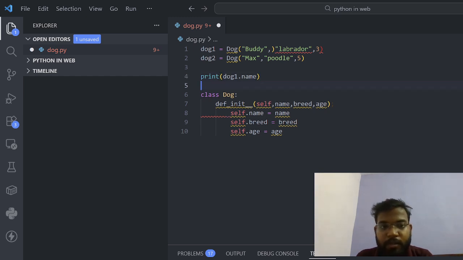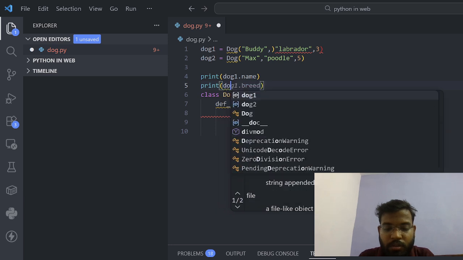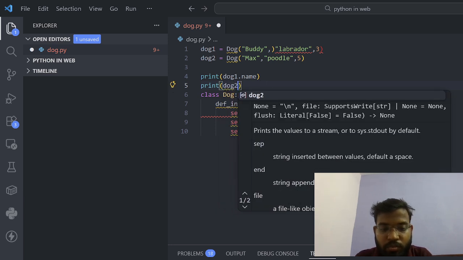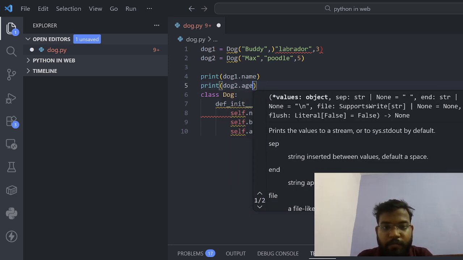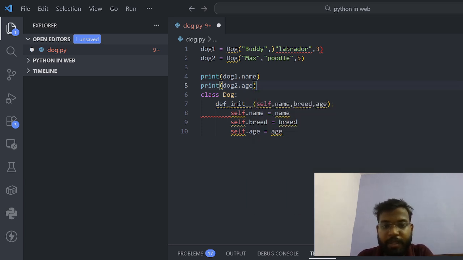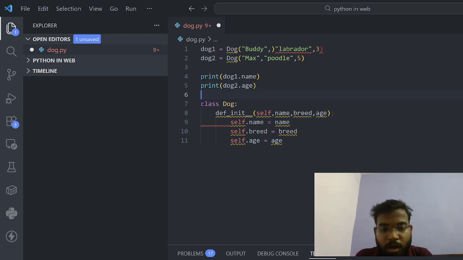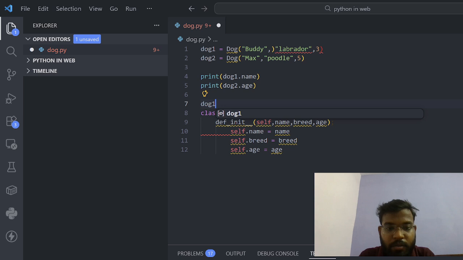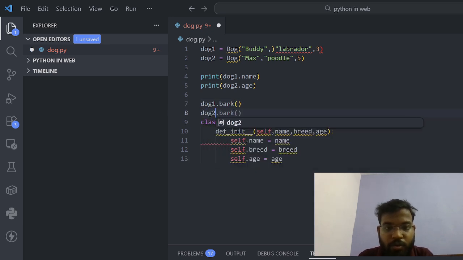After that we print dog2.age. When dog2's age is printed, the output is 5. Now we write dog1.bark and dog2.bark.